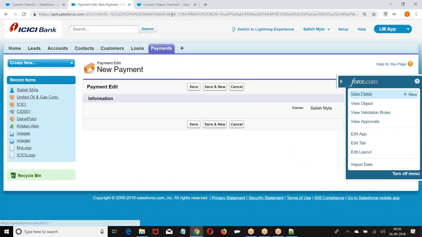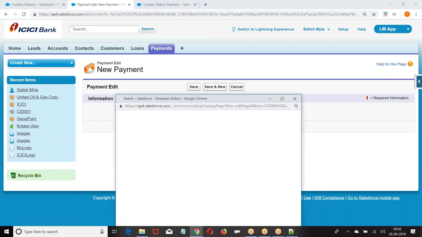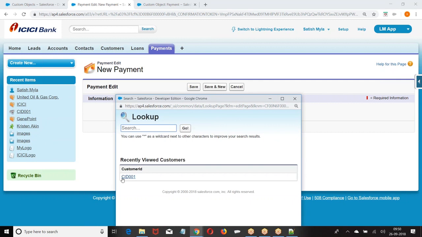So once you created a payment, before the master detail is created, there is an owner field, right? But now what happened? The owner is lost. Why? If you create a master detail, the owner field will not be there in the database. Then go to this one. When I click on the master detail field, we are getting an icon. When I click on the icon, master records are coming. Customer record. Choose it.